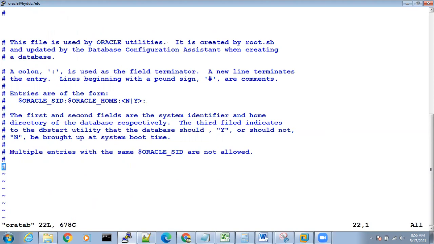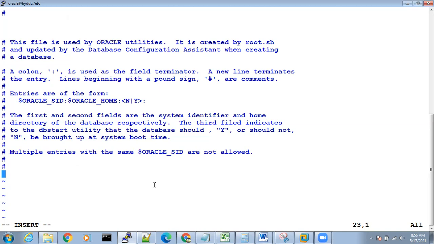Now to write something in this file, what we have to do? We have to give insert mode, which is nothing but I. Click escape I. Now you see insert mode. Now you have to go to the line here and start typing. You can only start typing into this file, and any editable file in Linux, only when you go into insert mode. And the command to go into insert mode is escape I.